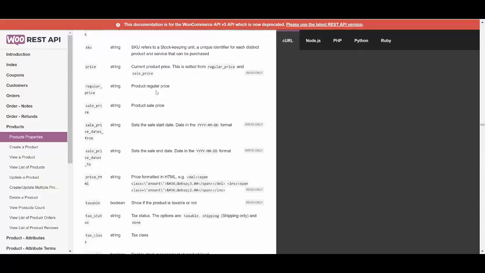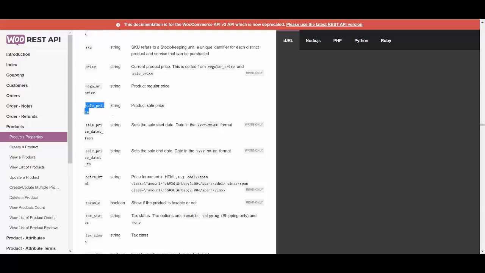Let's have a look. Sale price. Here we go. So we can update it and we can map it. What we'll try to do is put a sale price in, but then put a markup on the regular price